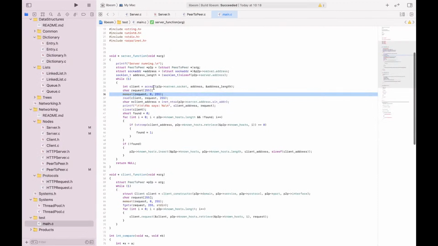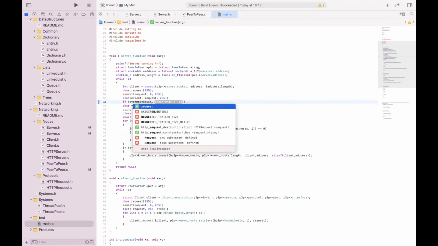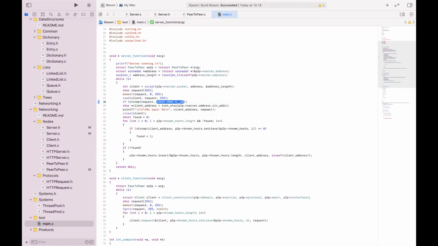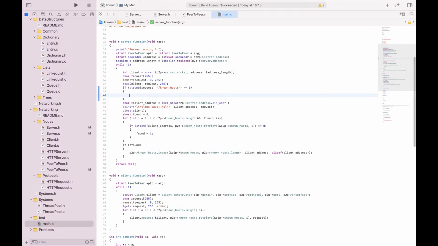So once we get our request, instead of just immediately printing, let's read the request. If string compare request and known hosts equals 0, we want you to do something else instead. We want you to call p2p, well, I guess do arrow